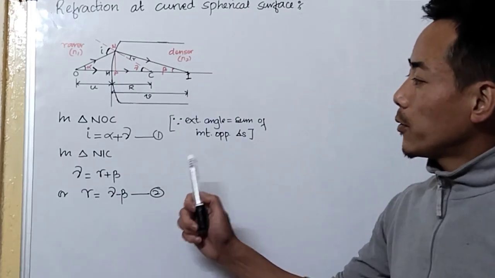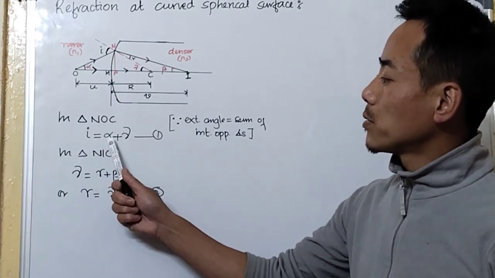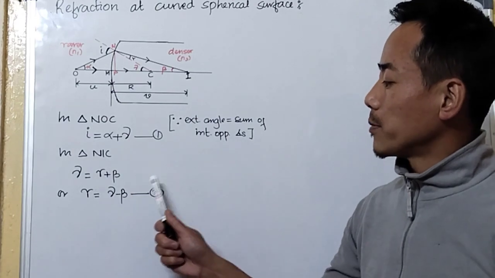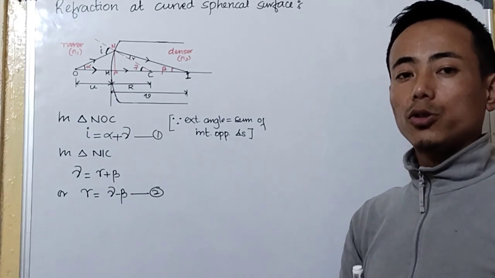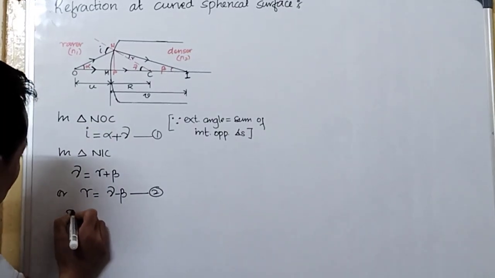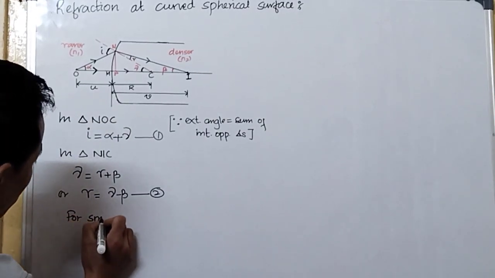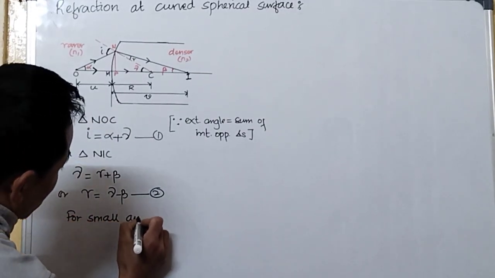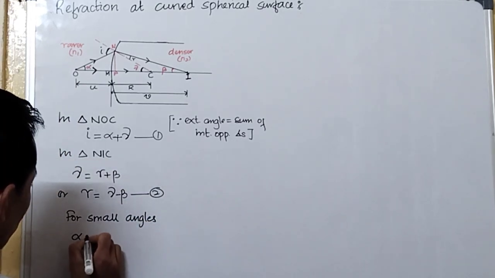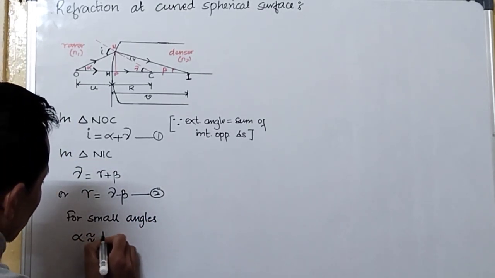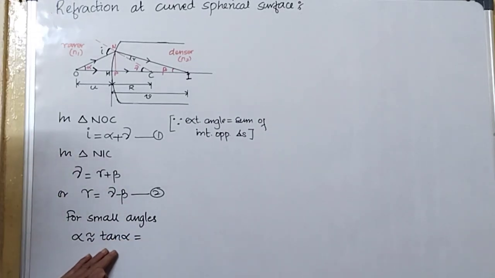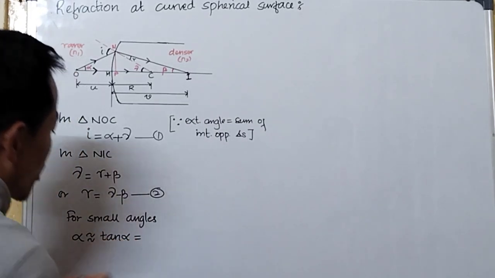So here you can see we have obtained two equations. I is equal to alpha plus gamma, that is equation 1, and R is equal to gamma minus beta, this is our equation number 2. Now for small angles, we can write alpha nearly equal to tan of alpha, and tan, we know that it is